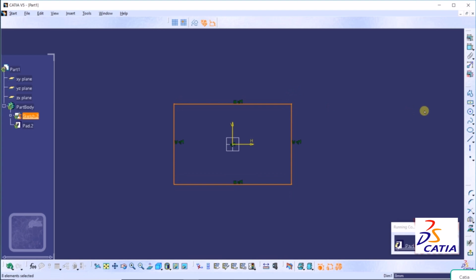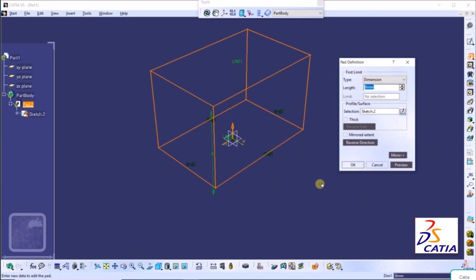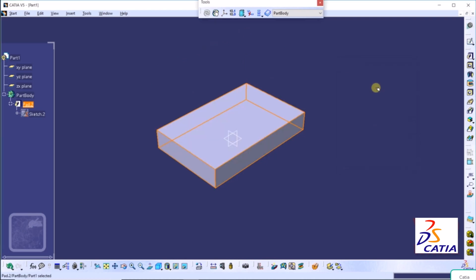So our sketch is completed and then click on exit workbench. And then give this rectangle some height. So suppose I give this rectangle height, I insert this value 2, press enter. Okay, so now we have given this height. Now once again I go to pad tool. So click on this pad